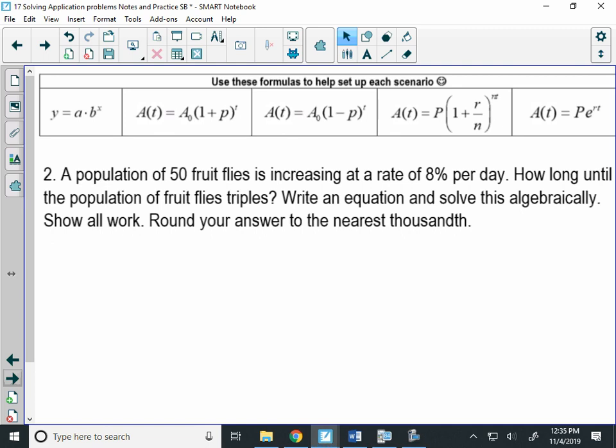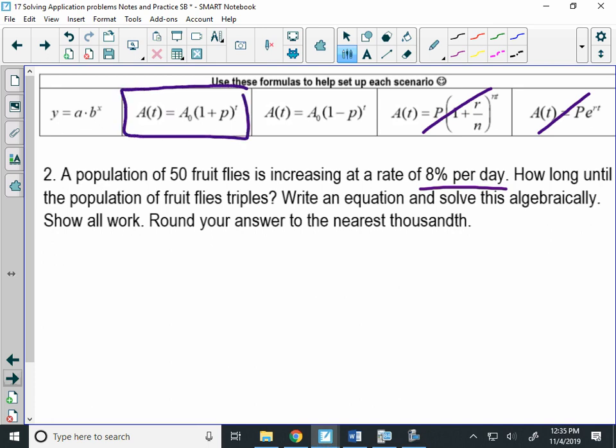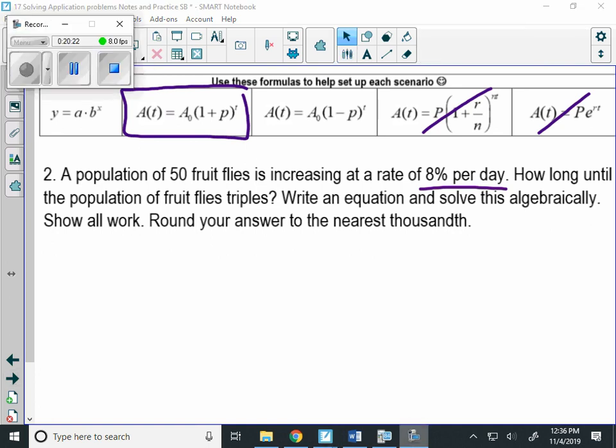It says a population of 50 through 5 is increasing at 8% per day. Now, does that say it's compounded every day? No. So do not use the compounding formulas here unless the word compounding is in the problem. There's no compounding there. Don't use the compound formulas. If this is just increasing by a percent, that's simply when you just add on the percent. Okay? So make sure you're looking for that keyword. Otherwise, the answers are on the back there. Go ahead,